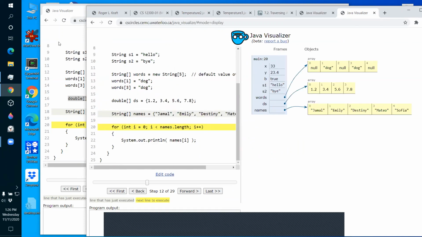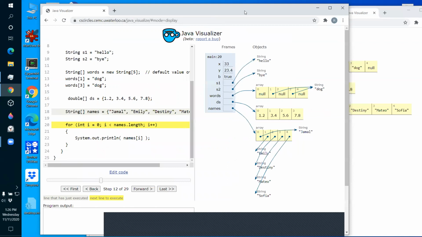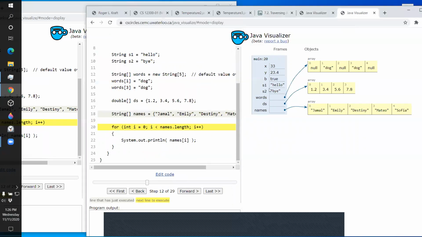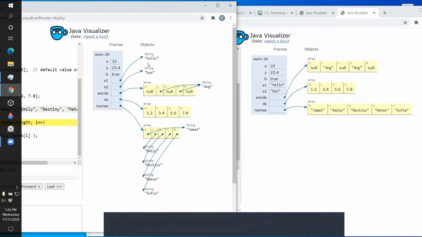Remember, exact same code. Hello and bye are shown like they were primitive variables. Sorry, hello and bye really should be over here in the objects. Here they're shown as if they were primitive variables.